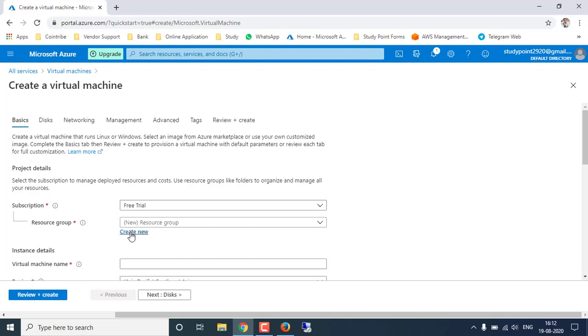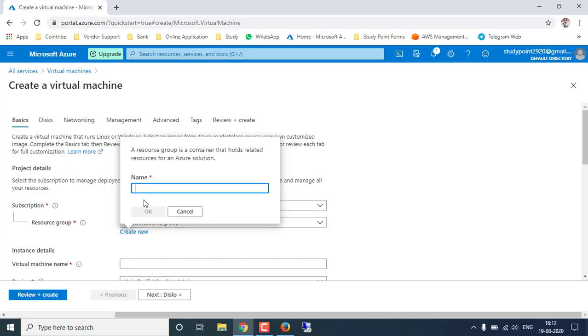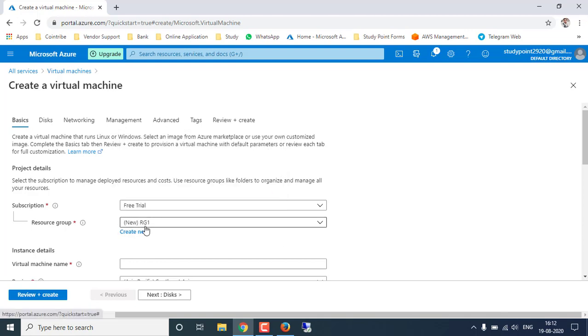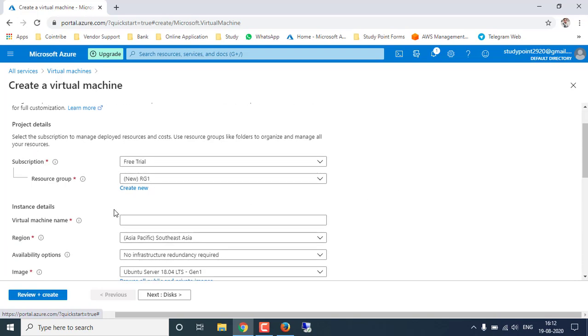After that you can create a resource group, or if you already have an existing resource group, you can use that. I'm going to create a new resource group. Click on Create new and enter the resource group name, rg1. Okay, rg1 is the resource group name, and then it will ask you the instance details.